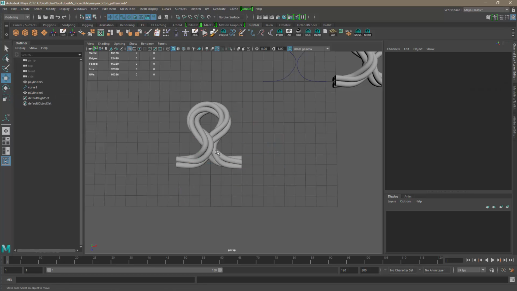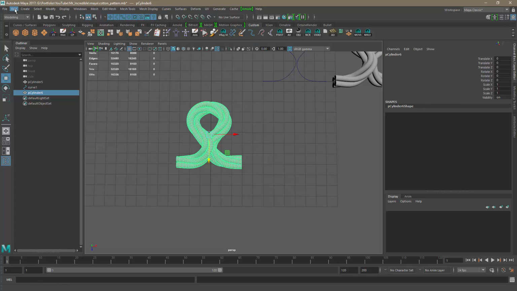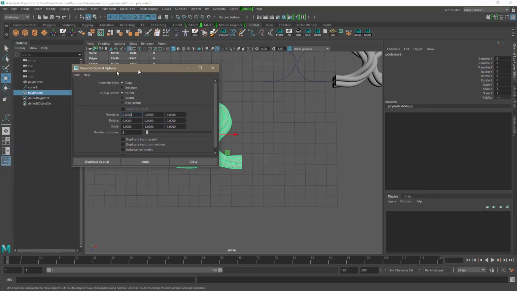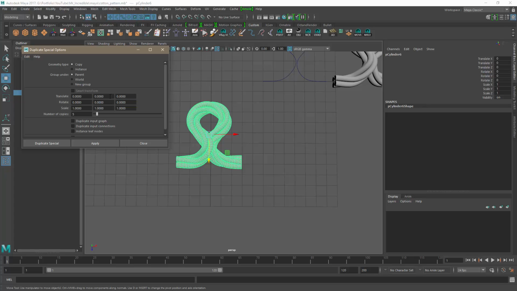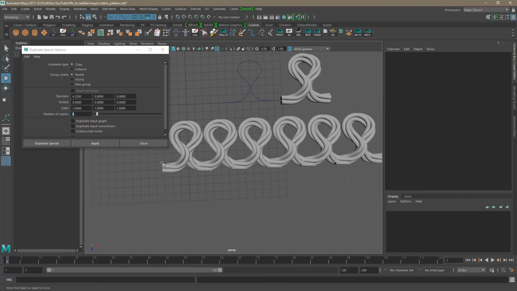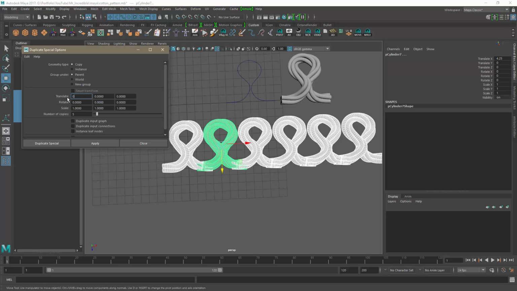I'm gonna need these values because now I'm gonna select my object and go to Edit, Duplicate Special, and click the option box. So now I'm gonna set this translate. This is X, Y, and Z. On X, it was about 4.25, and I want 5 copies, which should be enough, and I click apply. Okay, and I'm gonna select these guys, set this to 0, and I believe Z was 3,